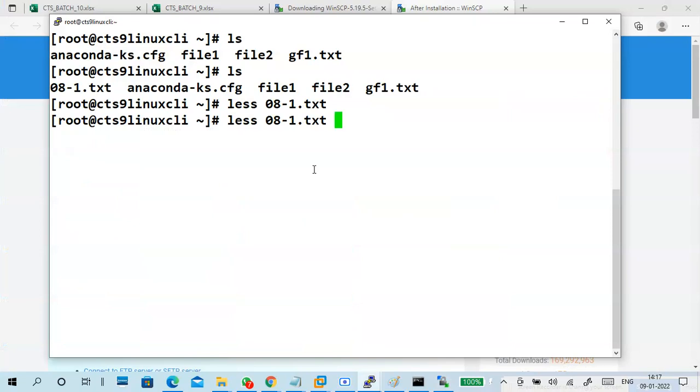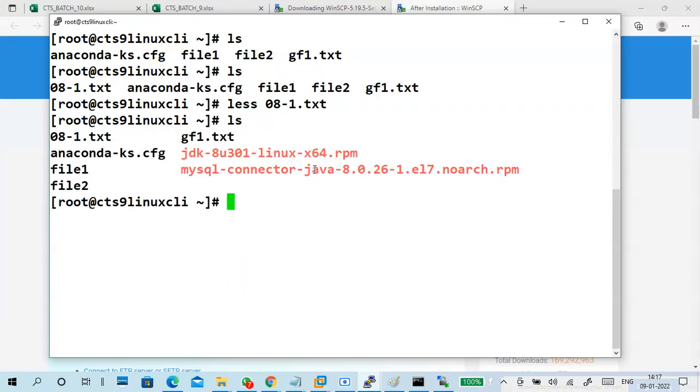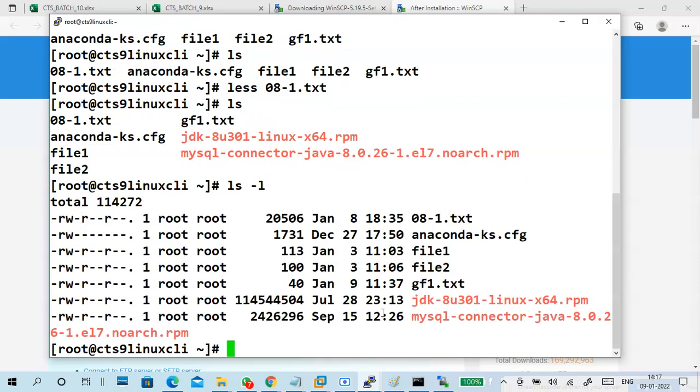Want to try again? Check it with ls. These two files are there, and check with ls -l. Guys, these RPM files are executable files, but X is not there. How to change? How to add this access to this particular file?